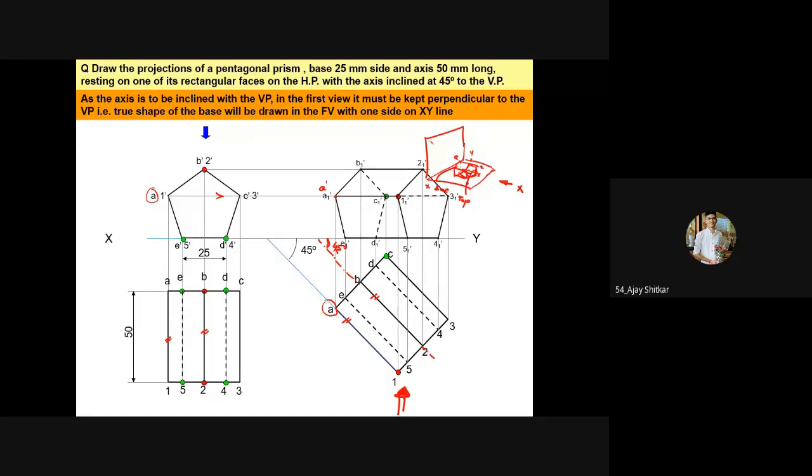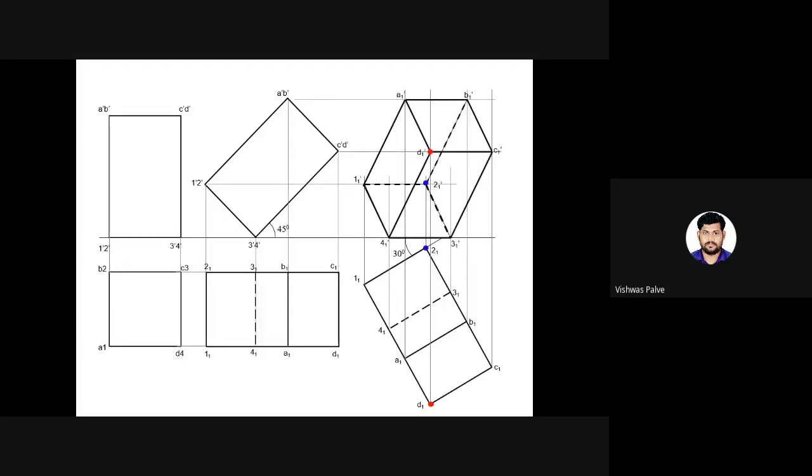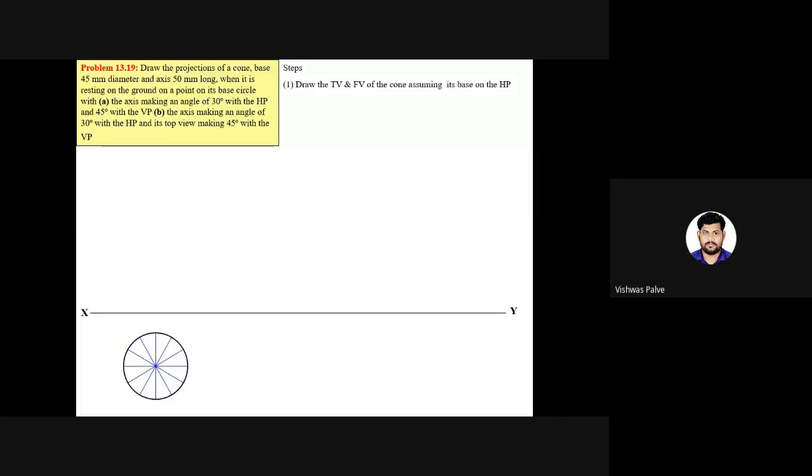सर, ये जो हम सॉलिड वाला ड्रॉ करते हैं, तो सिर्फ फर्स्ट क्वाड्रेंट के लिए ड्रॉ करते हैं क्या, या सारे क्वाड्रेंट्स के लिए? नहीं नहीं, सिर्फ फर्स्ट क्वाड्रेंट के लिए आएंगे। It is either it will be resting on horizontal plane or it will be resting on vertical plane. That's it. But the object will be always lying in first quadrant. ओके सर। ठीक है। अभी ये HP में रेस्ट हो रहा था, इसको स्किप करते हैं। ओके, the next problem which will take a cone.